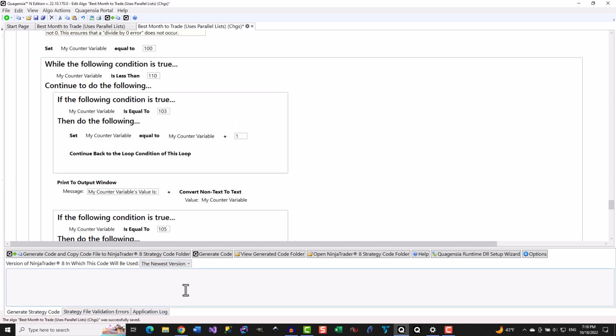Now, the Print to Output window action will print the value of the counter variable up until it is 102, but the counter variable's value will not be printed when it is 103 due to our Continue Back to the Loop Condition of This Loop action that is executed when the counter variable is 103, causing execution to jump to the loop condition before it reaches the Print to Output window.